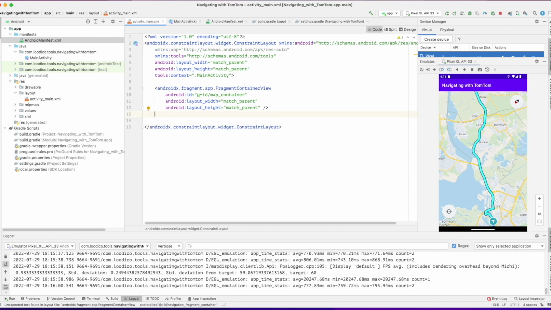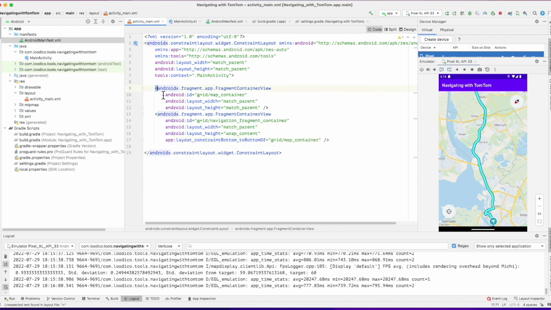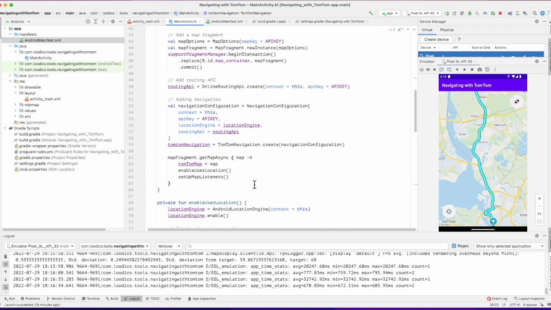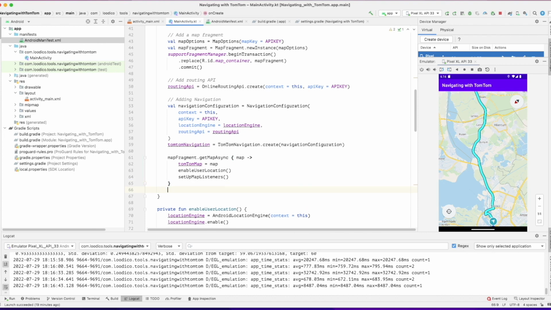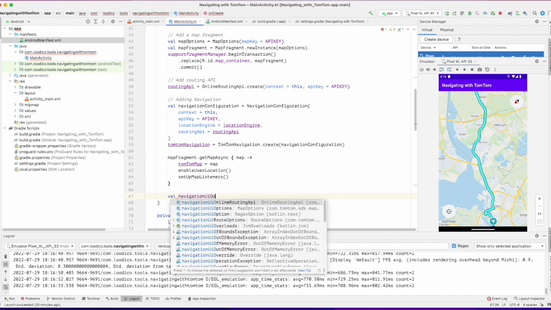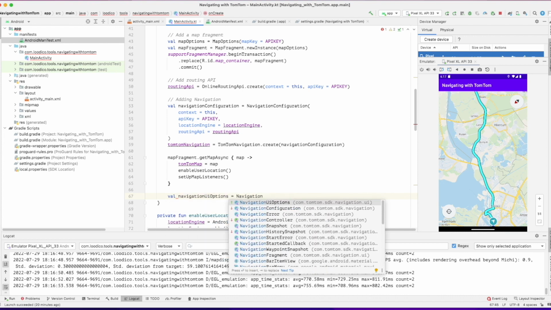And this is the nice thing about this modularity. We're not going to add a new object. We're going to add a new fragment container on top of the current fragment container that we already have. And this new container will have all the navigation features. We'll add the current speed, the maximum speed limits, the messages, the announcements, and we'll tell you when to turn.